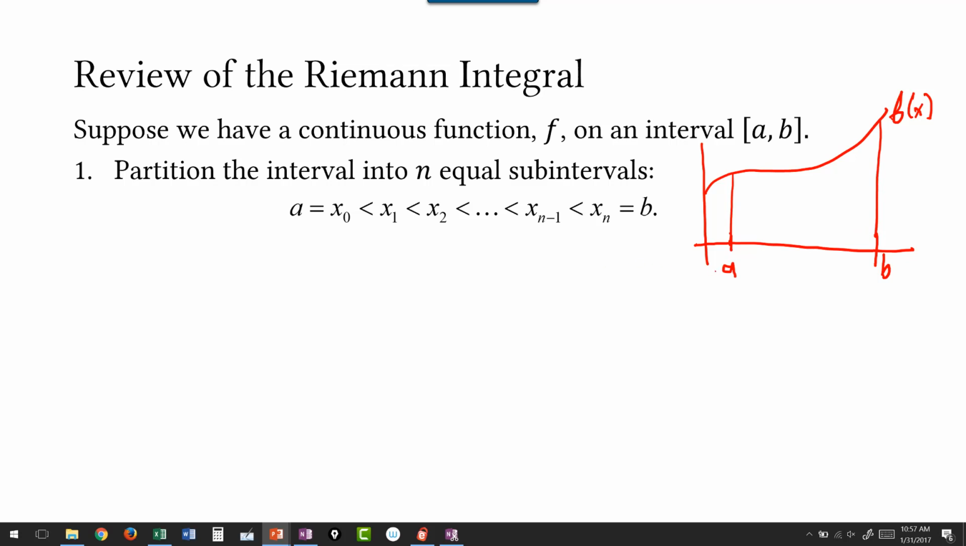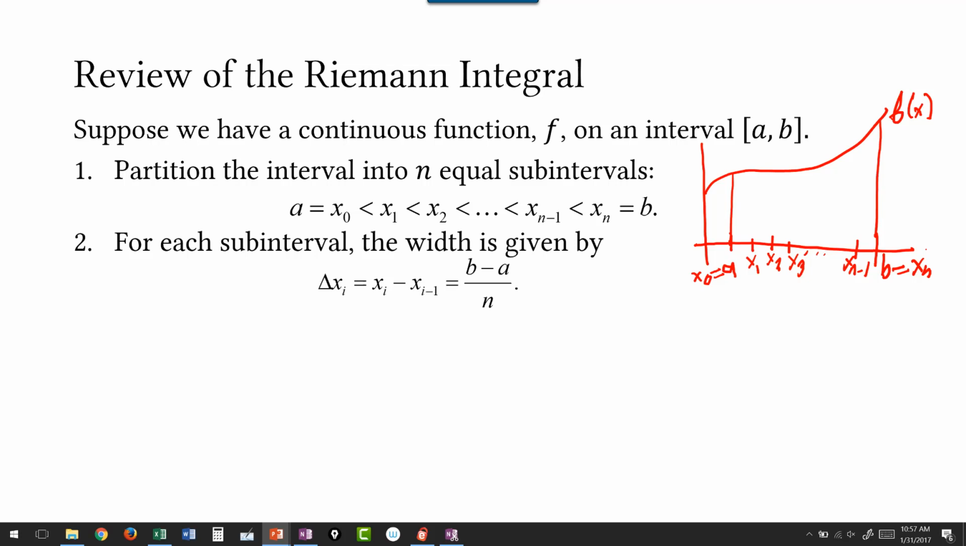Our first step is to partition the interval, or split it up, into lots of smaller intervals that we call subintervals. So here I would have my x1, my x2, x3, and so on, down to x sub n minus 1, and finally the right-hand endpoint is always my last x sub n. Note that the width of each subinterval is given by the right-hand endpoint, which in general is this xi, minus the left-hand endpoint,